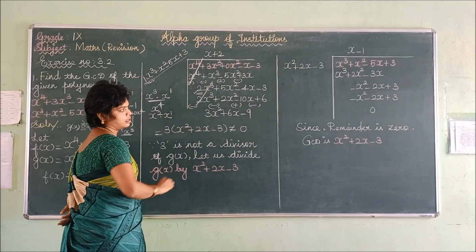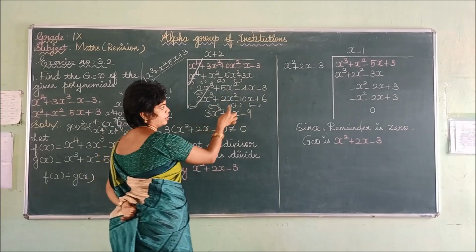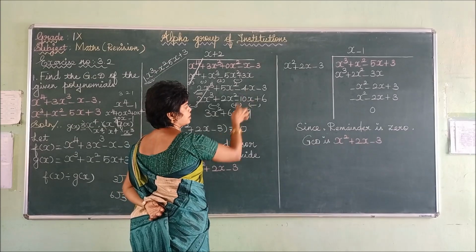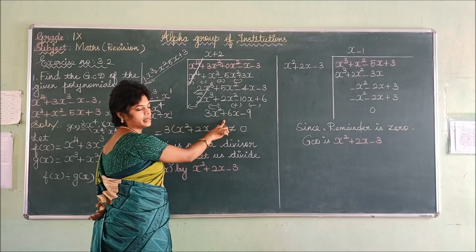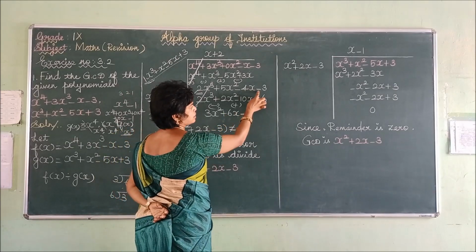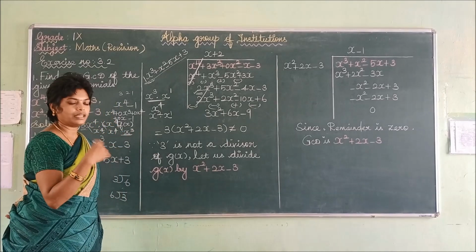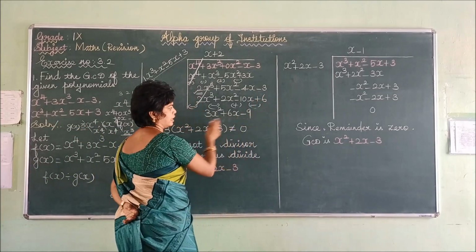First term will be cancelled. What are the remaining values? 5 minus 2 is 3x squared. Here this is minus, this is plus. So 10 minus 4 is 6. What is the biggest number's sign? Plus. So you have to keep the biggest number's sign. 6. Then listen, here also minus, here also minus. So both are minus, you put that minus and add the values. So minus 3 minus 6 is minus 9.